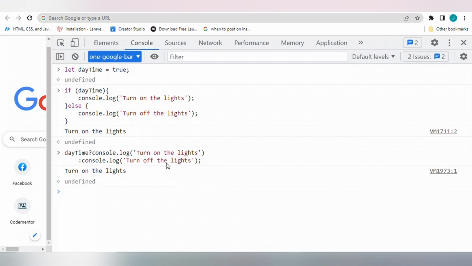Now, between this ternary operator and the switch statement, which do you prefer? If the ternary operator happens to be something that you can use to simplify an if-else statement, is it better to use it, or is it better to use the switch statement that is already used to provide an alternative syntax that is easier to read and write? Which one is it? You can answer that in the comment below. If you think it is the ternary operator, you can say why. If you think it's the switch statement, you can also explain why.